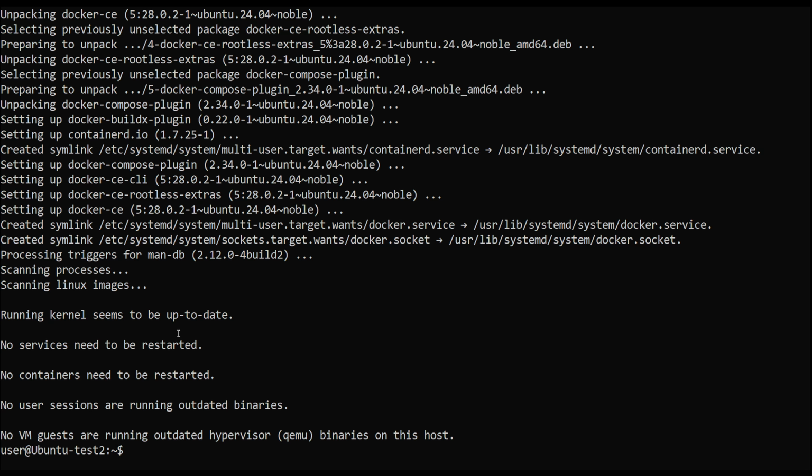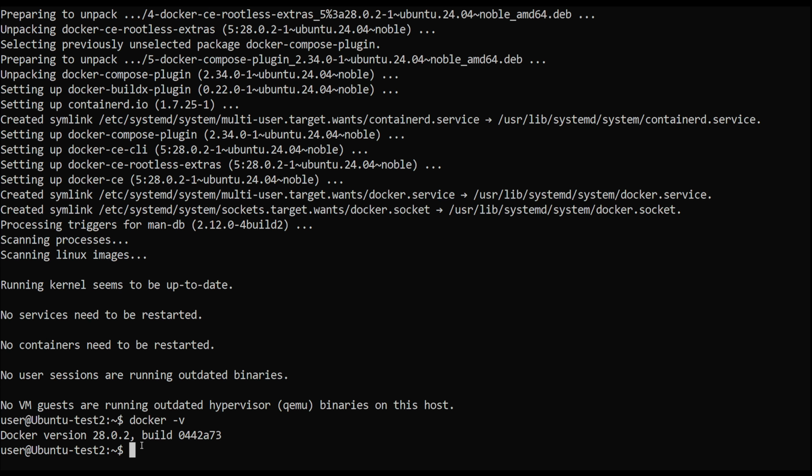Once installed successfully, you can confirm the same by running docker -v and docker compose version and verify that there are no errors present.